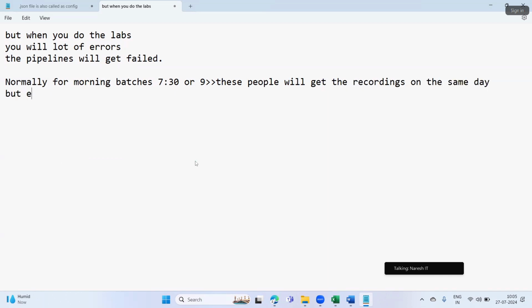But for evening people, there is a separate team, guys. There is a separate team handling the video recordings quality, uploading, tracking records, and ensuring the video recordings are available even after the batch completes. You guys have video recordings with you even after the batch completes, right? And maintaining the cloud storage, many things that the video recordings team will do. So what this team will do for evening people,